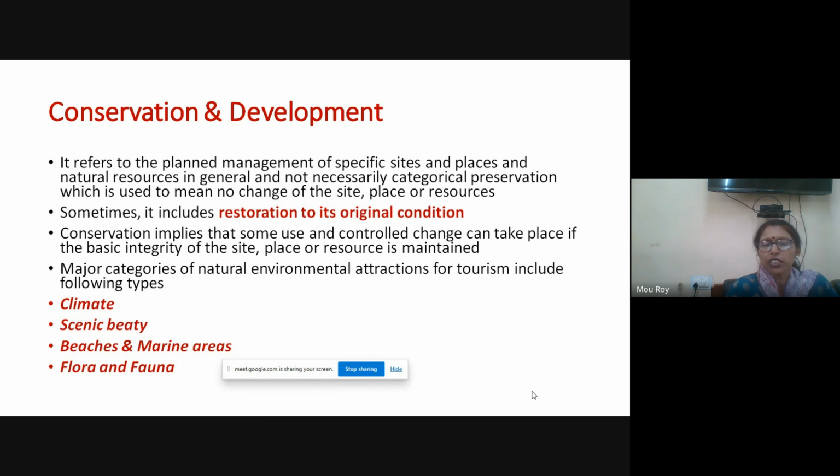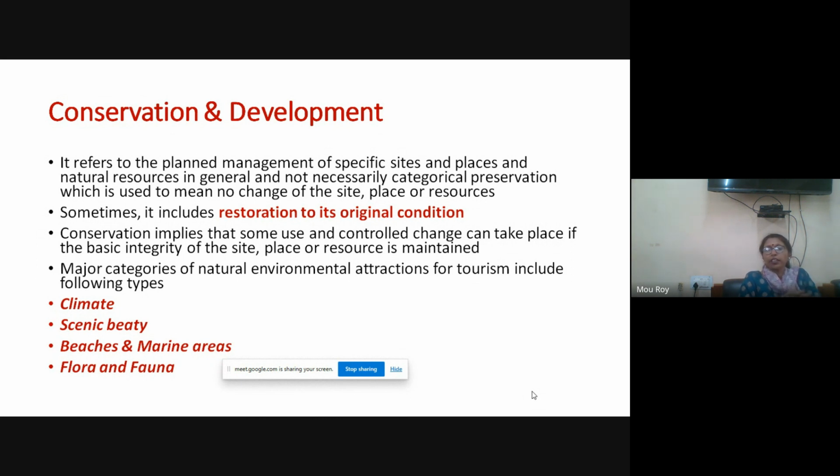Now we cannot change it. These are all natural. There are many sites where you will find man-made lakes, and you will find nature-made lakes. Man-made lakes, you'll go to some hotels and find some lagoon. That is a man-made small lake basically, and that is the reason it is known as a lagoon. That is not natural, it is being made, but something which is natural, you have to preserve.